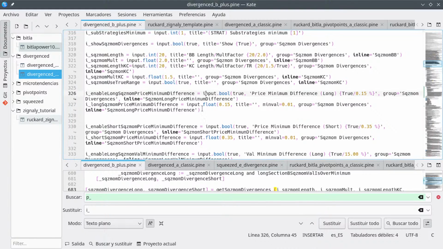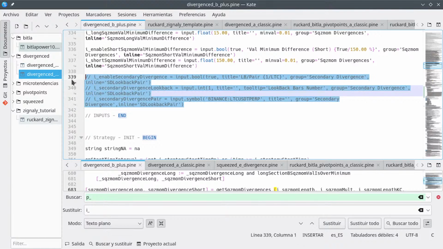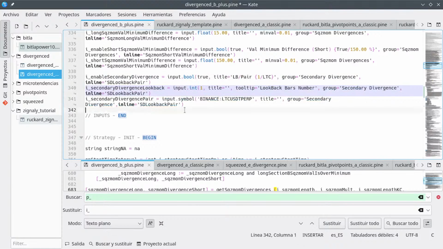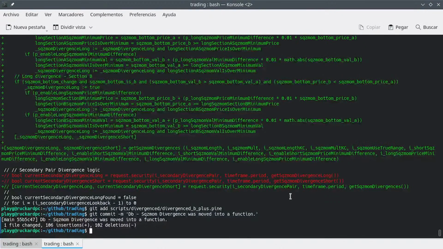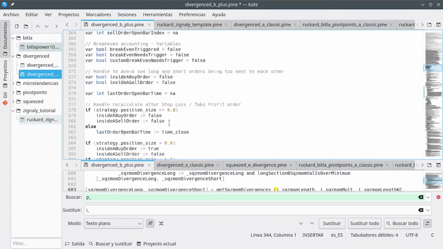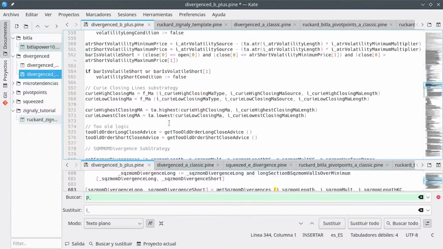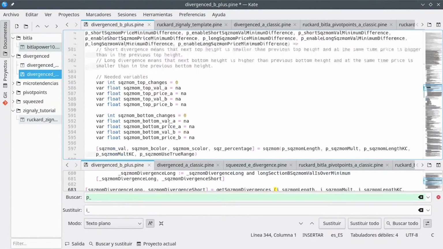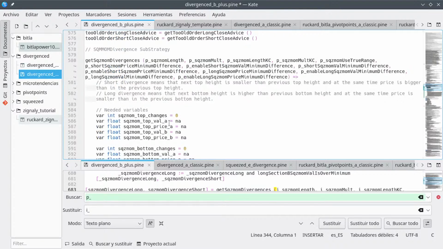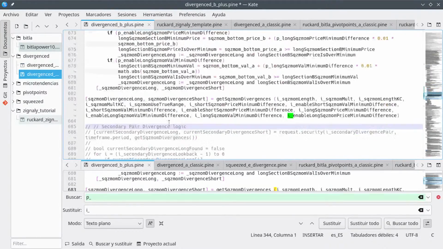Yeah, the way of doing this is just checking these settings and uncommenting them, because we don't have anything new here. Okay, and we have this new function that says